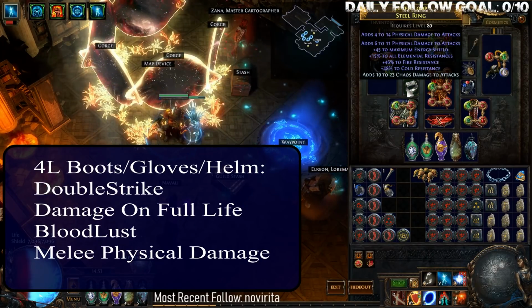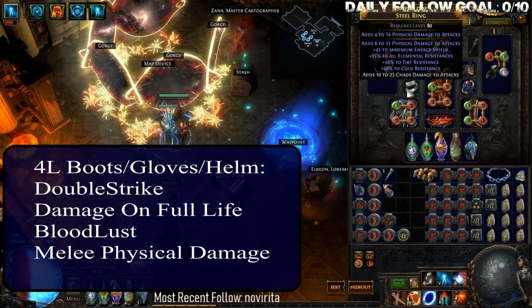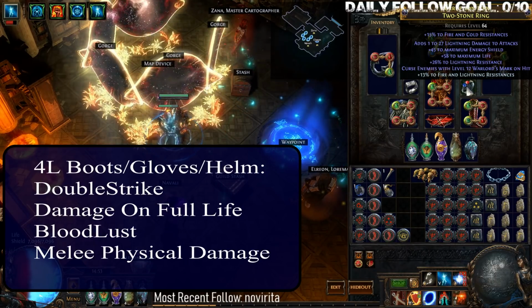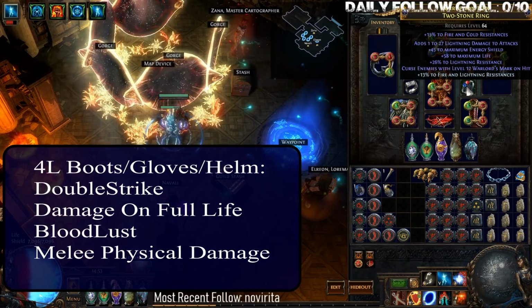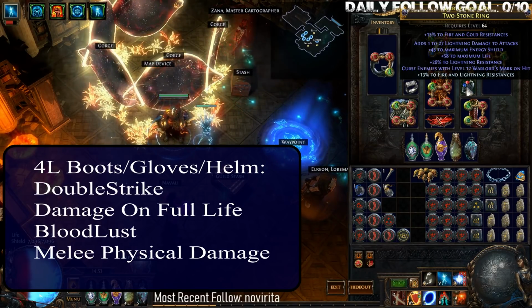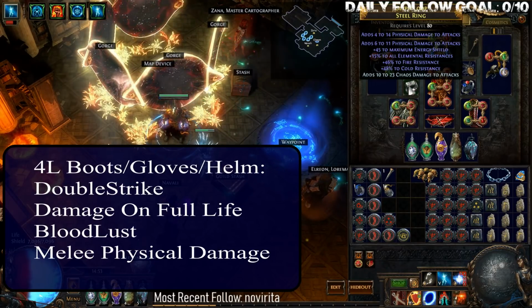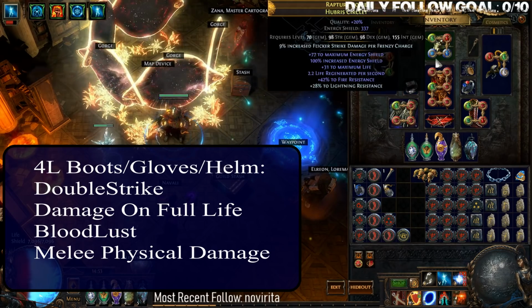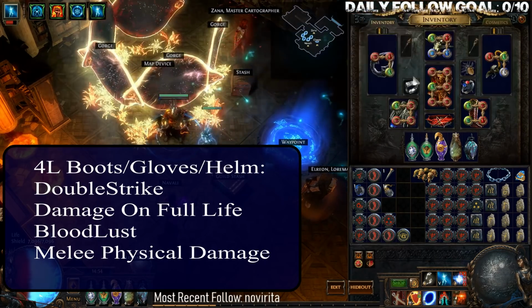For rings, you just want to have a lot of flat physical damage, energy shield, and resistances like always. You want at least a ring with Warlord's Mark on hit. It will help you with leeching, and just have flat ES and resist once again. You could also use the Mark of the Elder ring. That would give you a lot more damage, but resistances are a little bit hard to get on this build. We do use a lot of uniques,